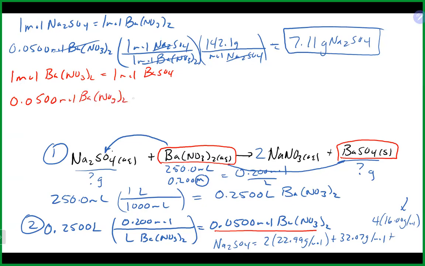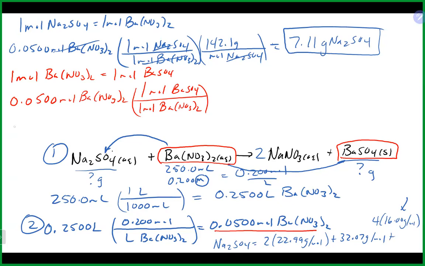We will use our mole to mole relationship just like we did above. 1 mole of barium nitrate will give me 1 mole of barium sulfate. Just like above there, we're looking for how many grams. So I do need to go back to the periodic table and figure out the molar mass of our barium